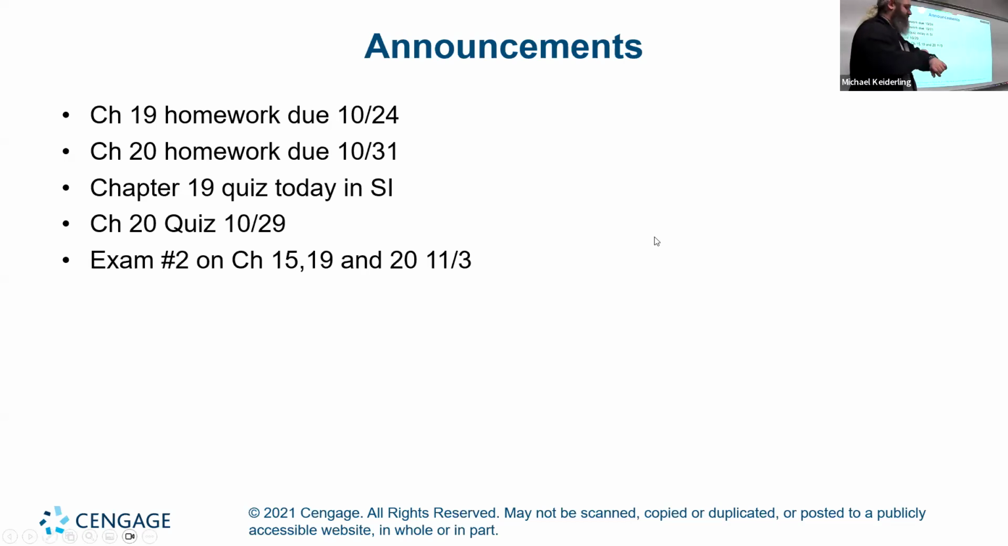Okay, I'm gonna get started because everybody's late today. Chapter 19 homework is due on the 24th. Chapter 20 homework is due on the 31st. The chapter 19 quiz will be today in SI. The chapter 20 quiz will be next week on the 29th. And the exam on chapters 15, 19, and 20 will be on the 3rd, which is the Monday of the week after next. This is all on the schedule, so